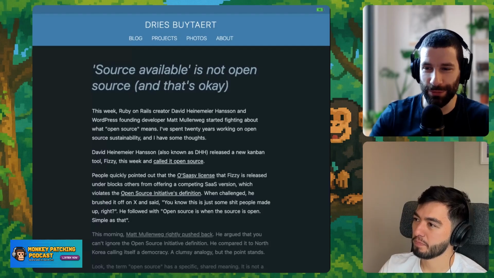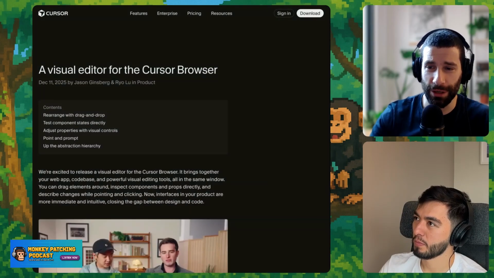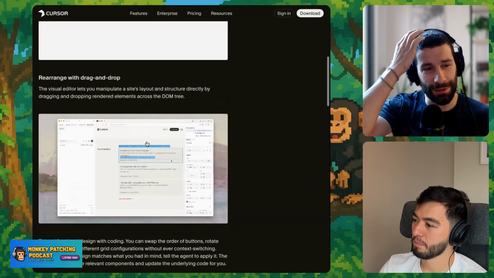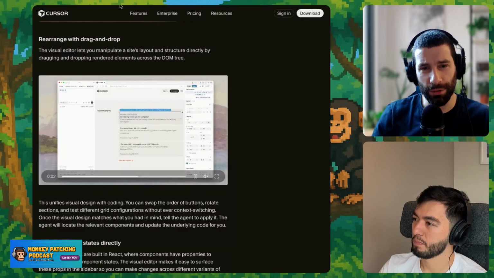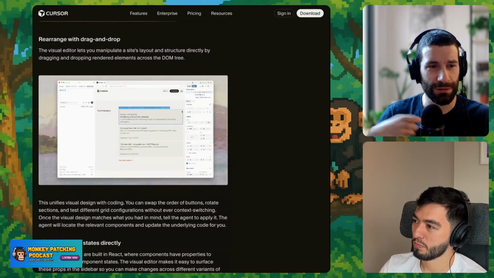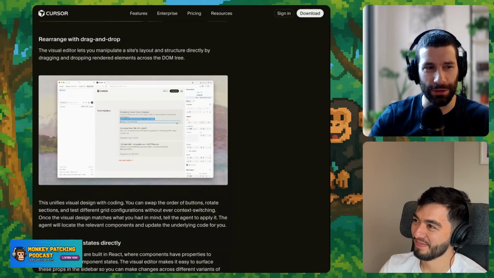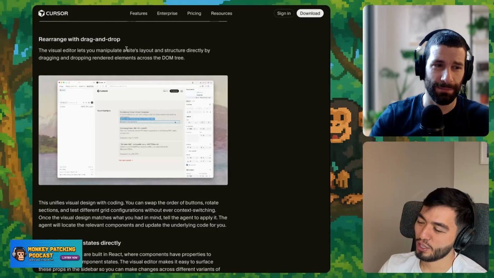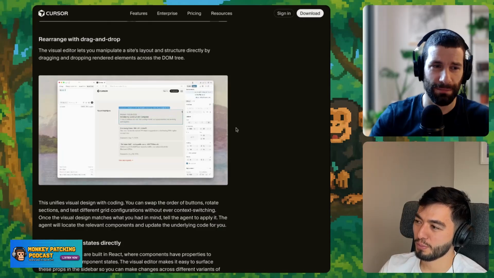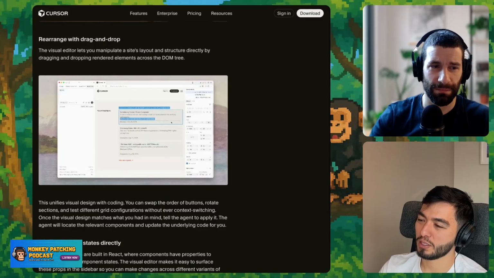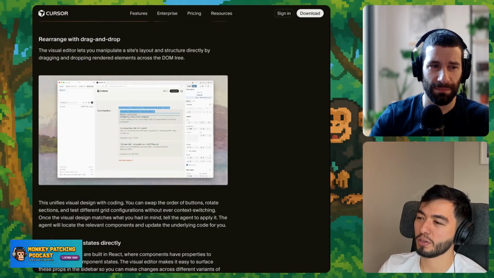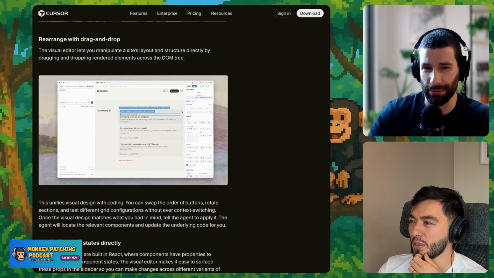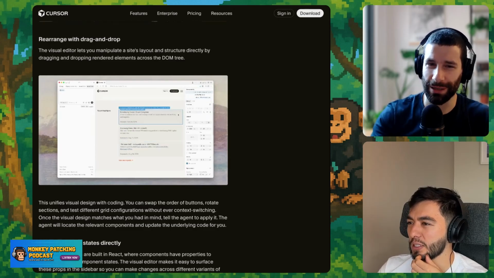There is also a new visual editor for the Cursor browser. A bit of a drag and drop interface where you can basically drag and drop React components. I'm not sure if I would quickly use it, because typically for me it works very well just via prompting, but maybe this is faster than prompting. I think it's supposed to complement prompting. So you can also select an element and say, change this to bold, and then it's maybe more efficient than just prompting, because you already click on it,